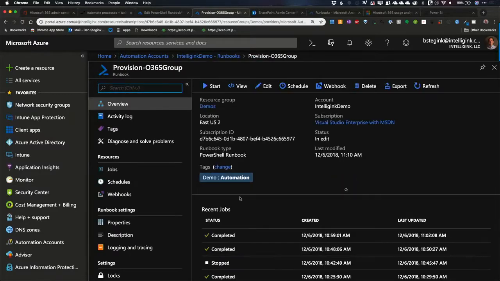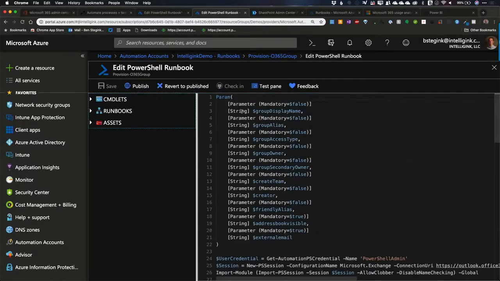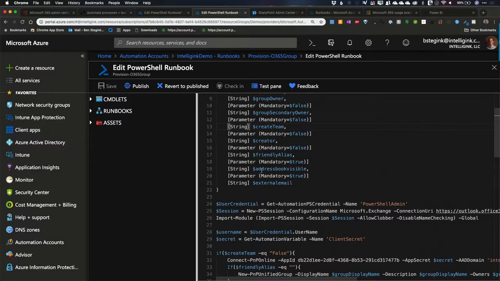This is my provisioning for an Office 365 group. And in here, I've taken a whole bunch of different parameters around the display name, the alias of the group, access type, public or private group, if there's a secondary owner, Boolean, which is set as a string in here for if they want to create a team, if they want it to be visible in the address book, external email. It goes in, creates that connection to Exchange Online,